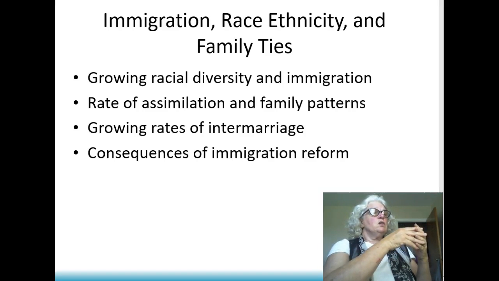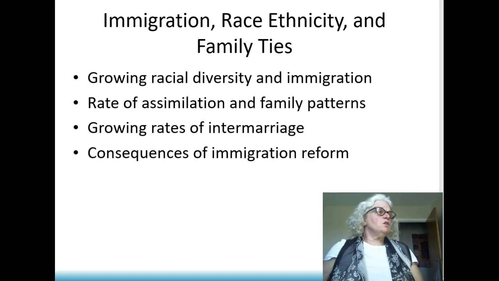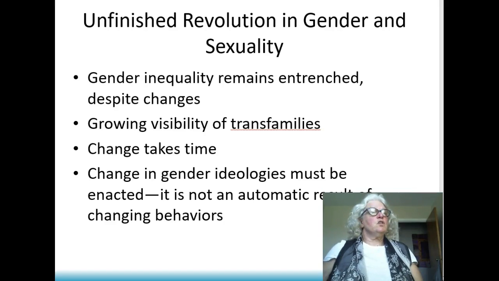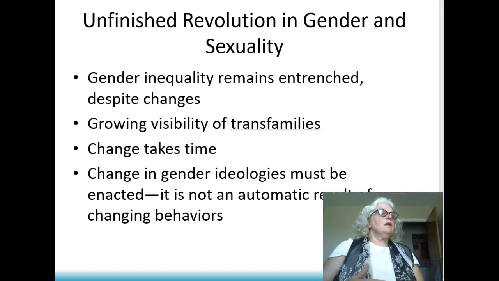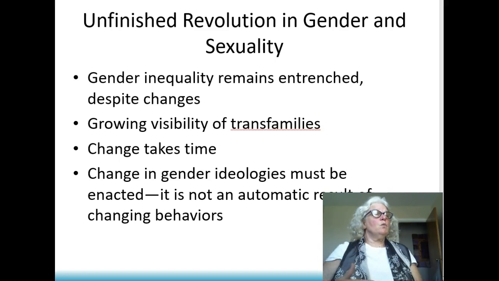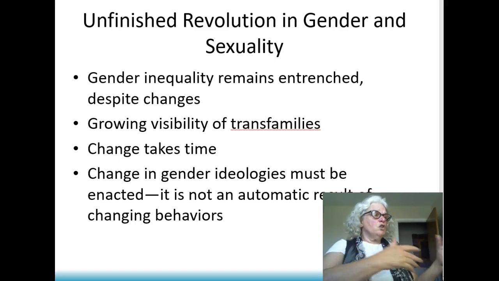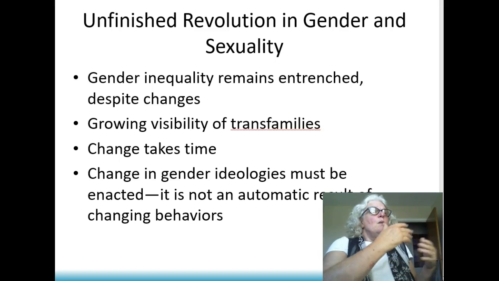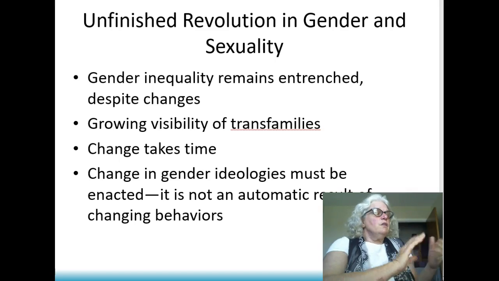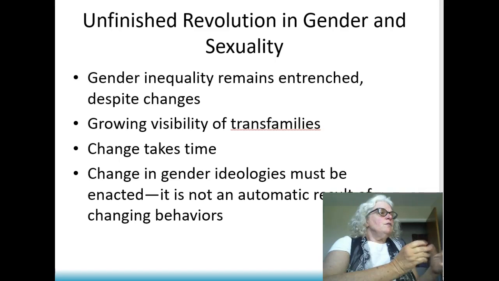And we have this issue coming into place of the unfinished revolution of gender and sexuality. And we see the inequality that remains entrenched, that women-headed households earn less money, have less available to them. And part of that is tied, back to the chapter on work, to them being in jobs that pay less. Significant differences as shared work, and we see this view of the gender revolution, and even to the fact that